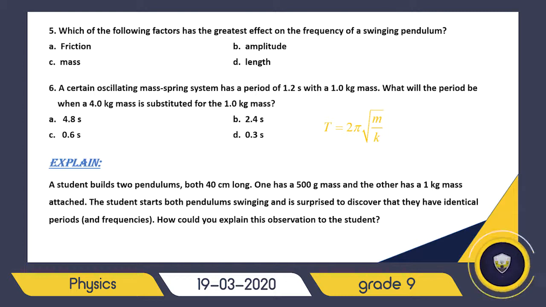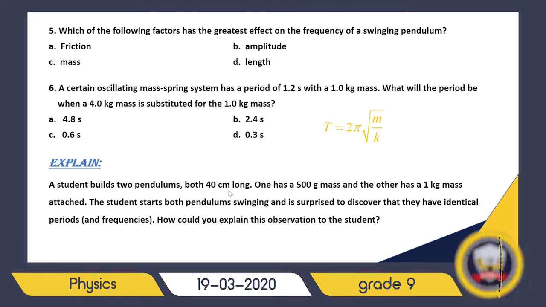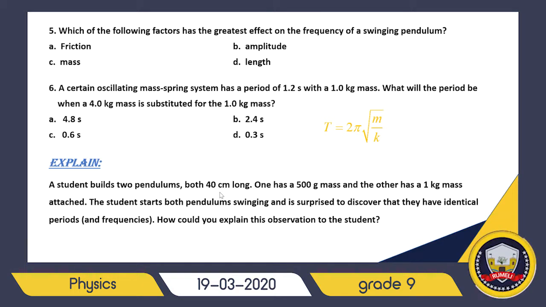Simply, as we have studied in the previous session, the period T doesn't depend on the mass of the bob of the pendulum. It only depends on the length. If you remember, T equals 2 pi square root of L over g. We didn't use mass in the formula. So since the length is the same,